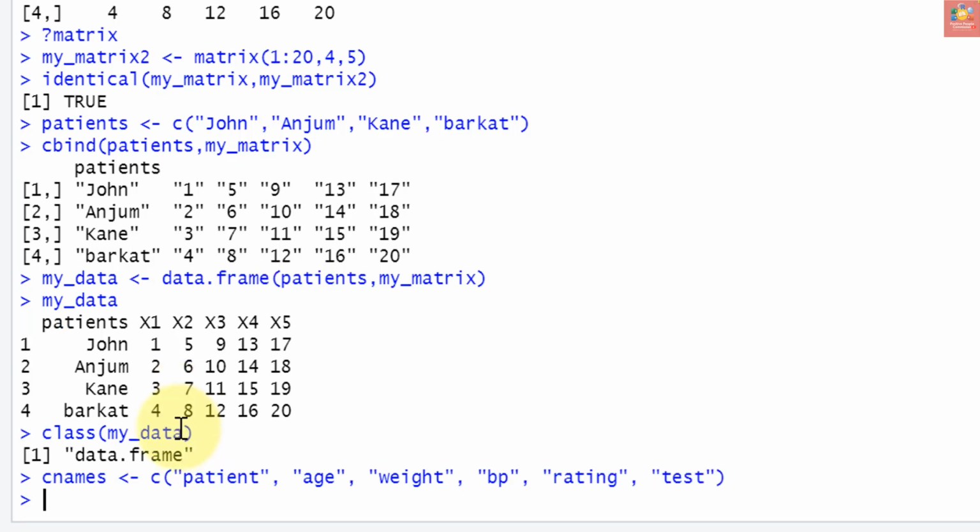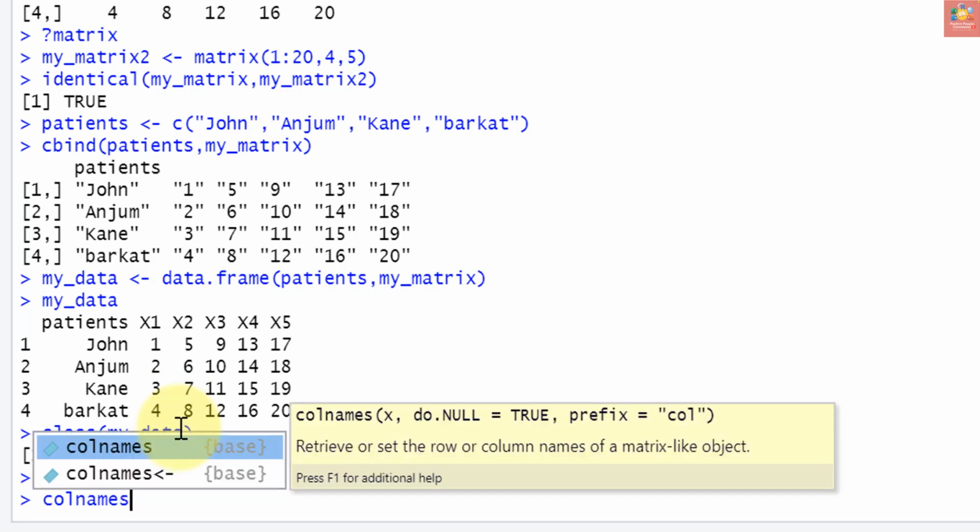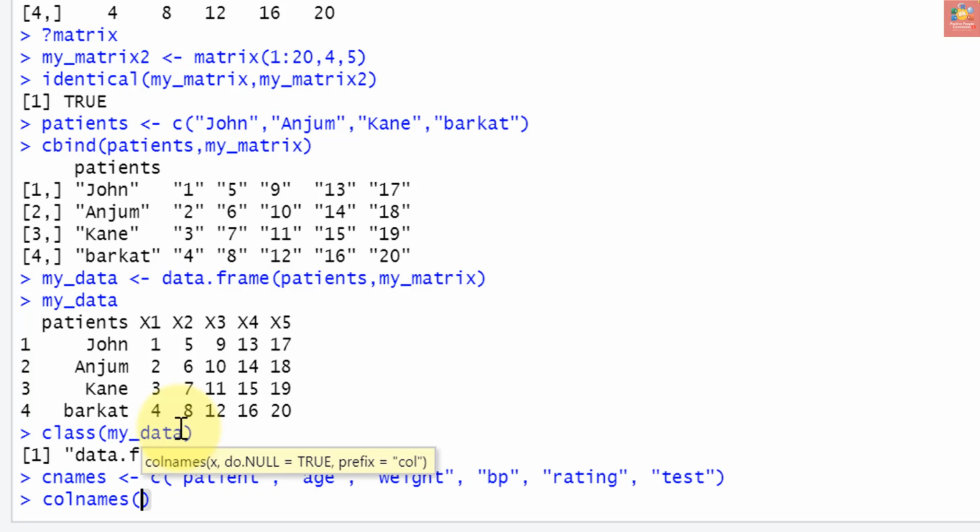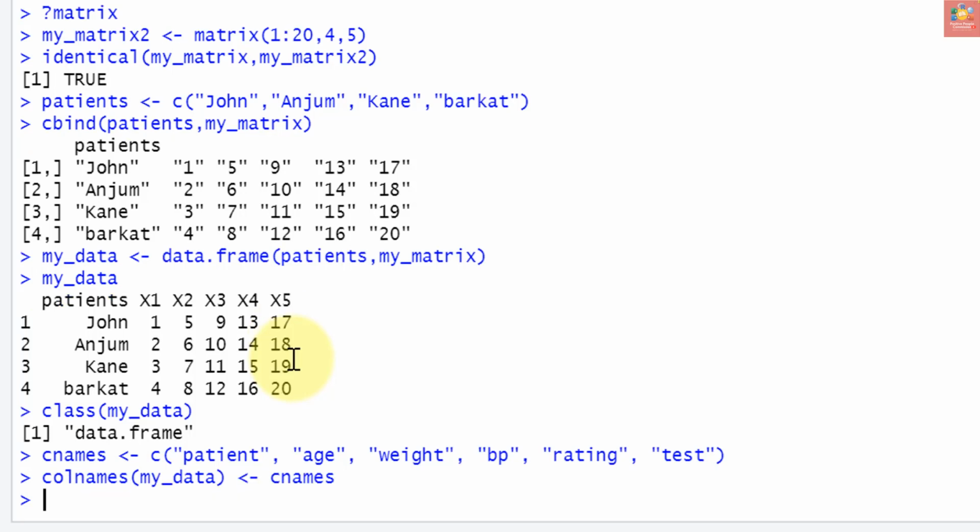Now use the colnames function to set the column name attribute of our data frame. So call colnames of my_data, assigned to cnames, the character vector we just created.